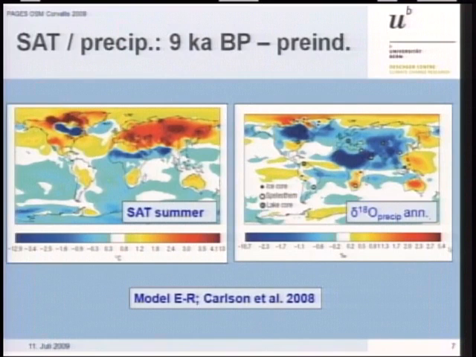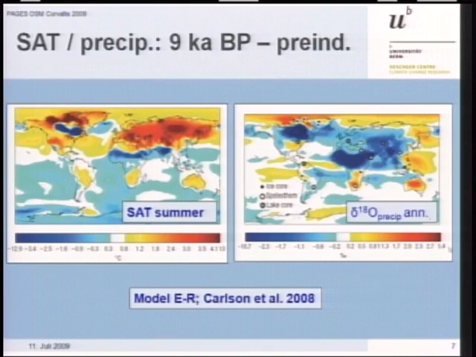If we are looking at some modeling work, we have this new paper by Carlsen et al. showing, due mainly to the decreasing solar insolation in the northern hemisphere, 9 kiloyear BP minus pre-industrial, and we can distinguish the warming mainly in the northern hemisphere continental areas, with the cool, still low temperatures here in the